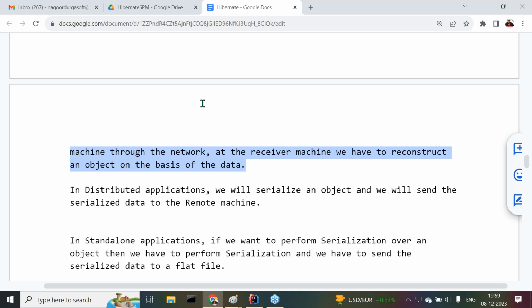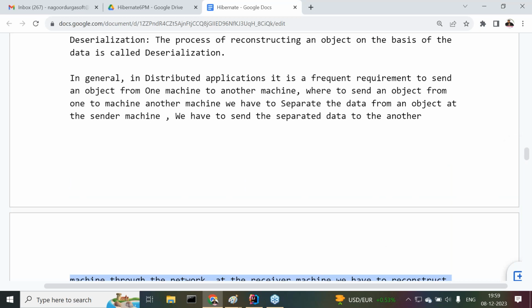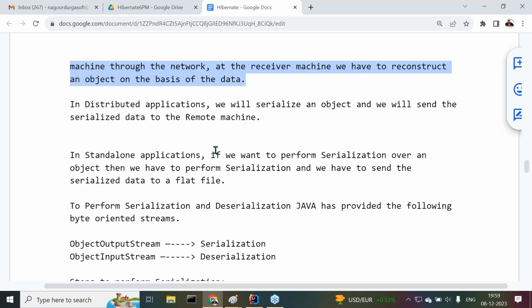This is the actual requirement of serialization and deserialization in distributed applications only. All right, sir. In a distributed application, whenever we want to send an object from one machine to another machine,